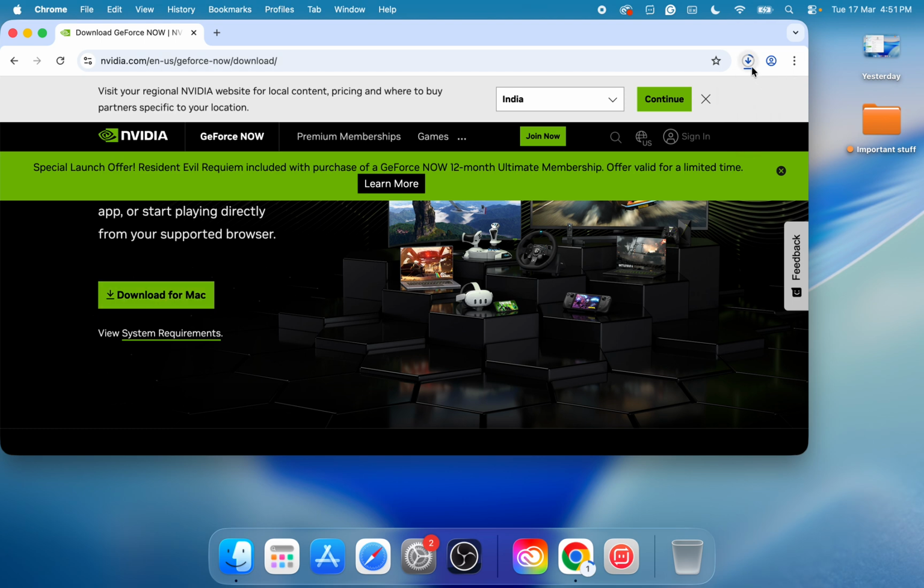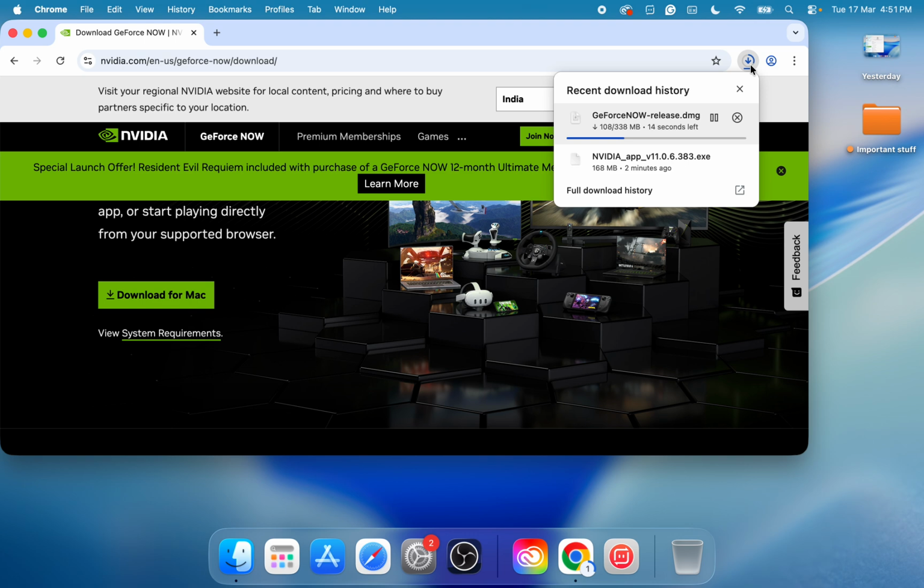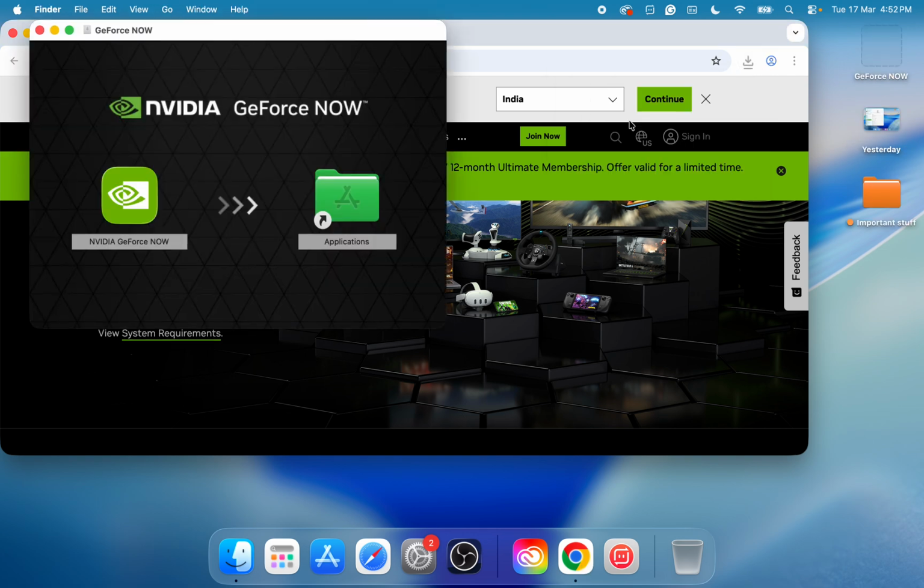And let the download complete. Now once the download is complete, you can run this DMG file. Click on it, and then you can drag this NVIDIA GeForce Now to the application folder. Now once you drag it,